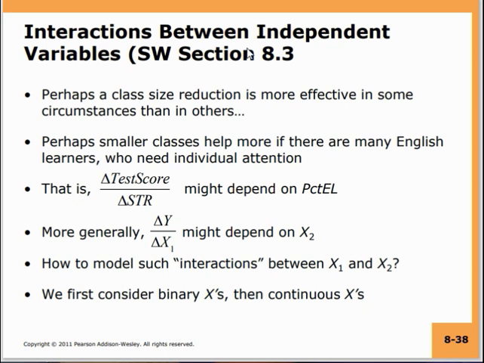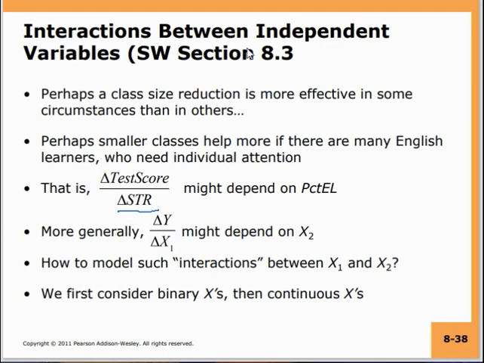When there are more students in the class that are struggling with English, smaller classes and more individualized attention from the teachers may actually help the students and improve their achievement to a greater extent. The improvement in the test scores of such students may be higher if they are able to attend smaller class sizes. So basically what we are saying is that the marginal effect of